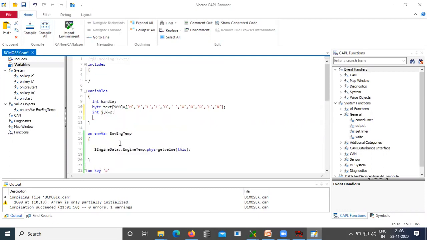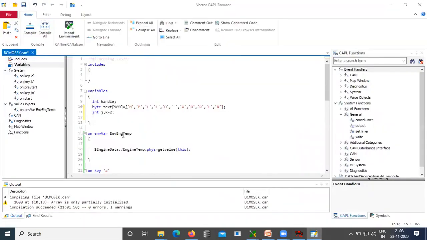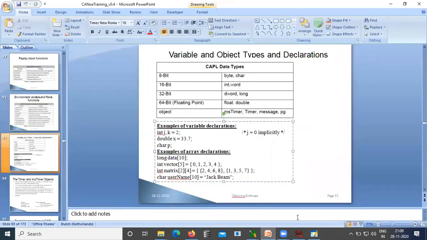This is one declaration. Then we have double x, x is equal to 33.7, I believe. Then char p.